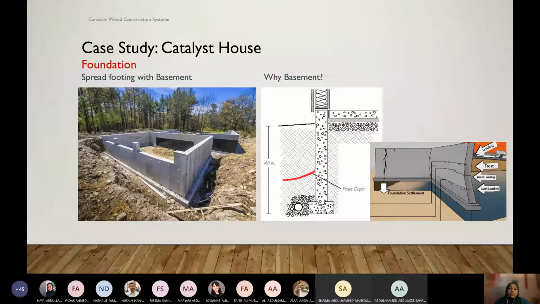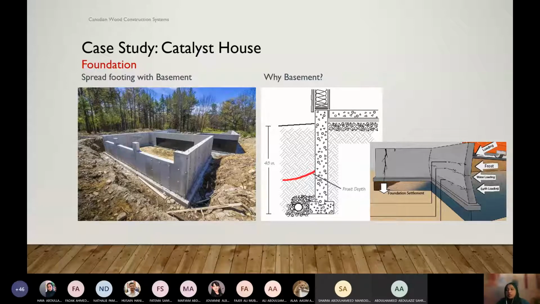So when we start explaining the wood construction process, definitely we need to start from the very bottom, the foundation. Even though our framing is of wood, the common or standard procedure is to use concrete for the foundation. And as you know, Canada's temperature gets very low during winter, and our soil gets frozen sometimes.